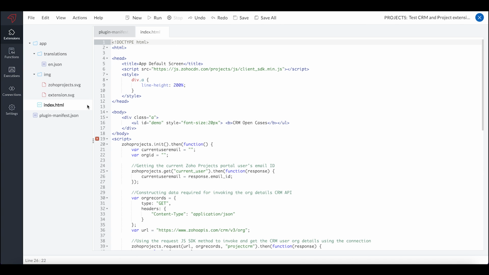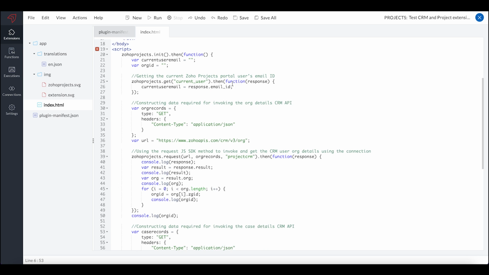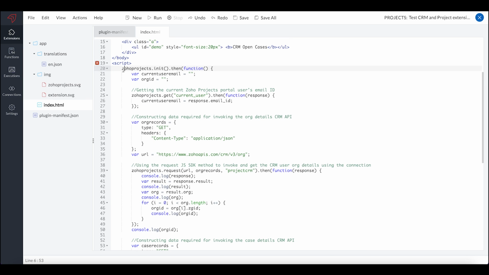So our index.html file holds the widget code. And when we saw about JS SDKs, we saw that as a prerequisite, we required the CDN URL to be included as part of our widget code in order for the JS SDK methods to be invoked and used. So I have included that URL over here initially, and then we have used this ZOHO.PROJECTS.init JS SDK method, as I had mentioned, in order to initialize our extension so that the other JS SDK methods can be invoked and used.